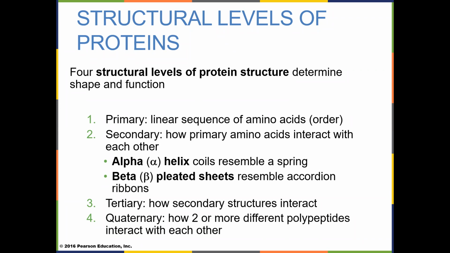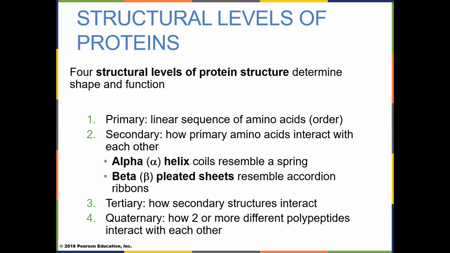Our hair, because it will return to its normal shape, or our earlobes, for example, are elastic. They have lots of alpha helix present in them. The beta pleated sheets look like an accordion sheet, and we find those where we're going to have great strength. Our collagen fibers that attach muscles to bone are mostly beta pleated sheets. And you can have the same types of either one of these structures in the same protein. It can be alternating again and again, or it could be the same thing. It depends on where it's going to be located.